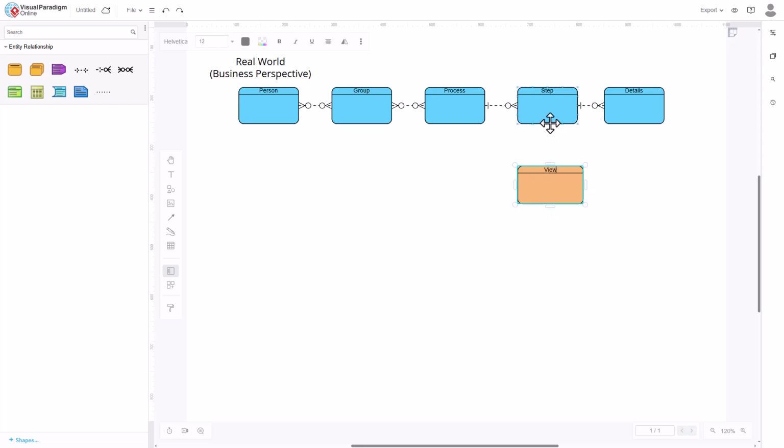And I put it down below the step. So I should be able to draw a line here. So I will just use this type. It's a one-to-one relationship, of course. That's not entirely correct, but it gives us an idea that to fulfill each step in a process, we need